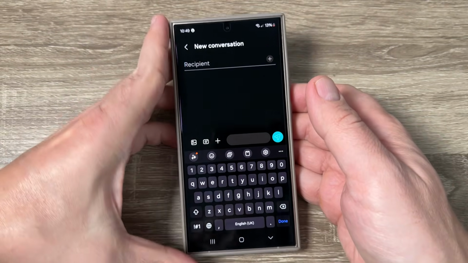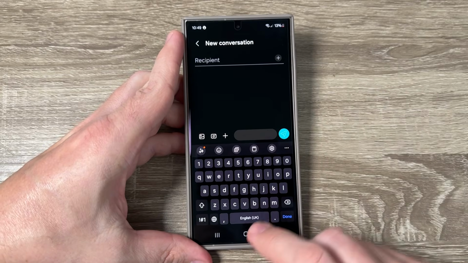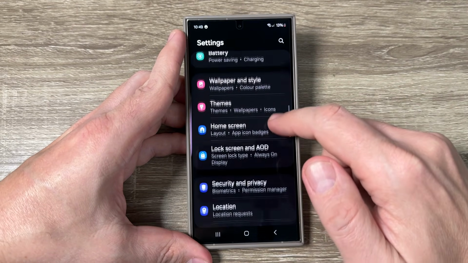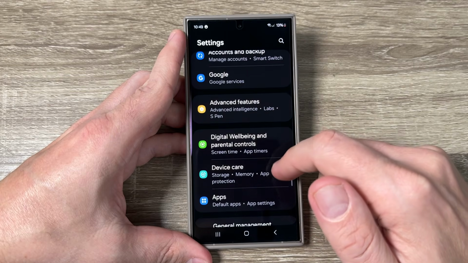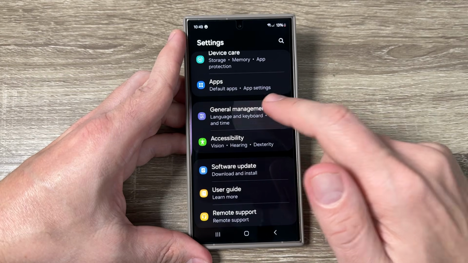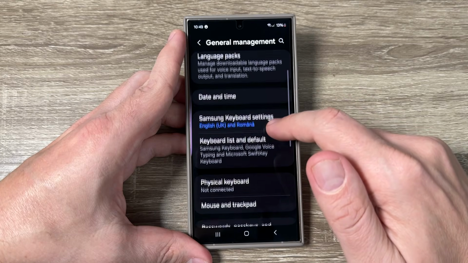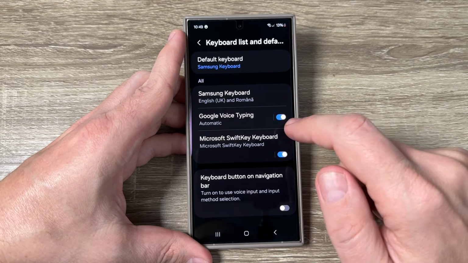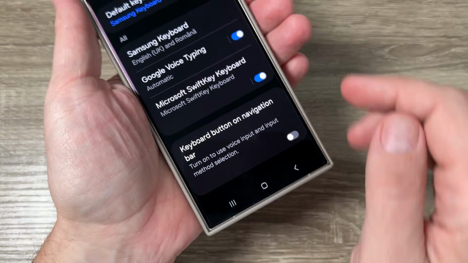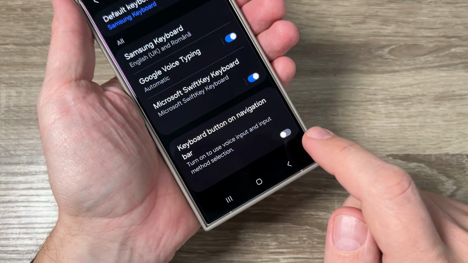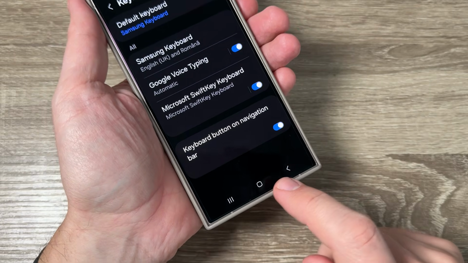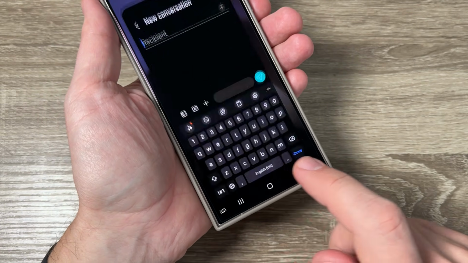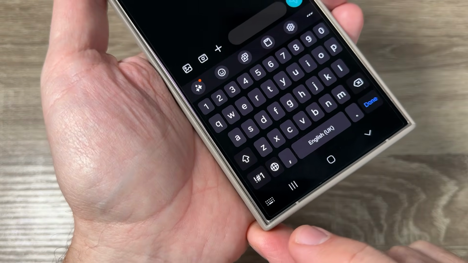To enable this icon, just go to settings and here go down and go to general management. Here go down and we have here keyboard list and default. Tap to go inside, and here we have keyboard button on navigation bar. Just enable this feature. Now I will exit, and now I will go to messages, and as you can see,